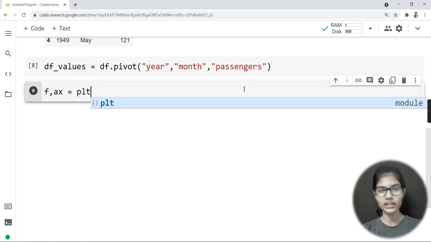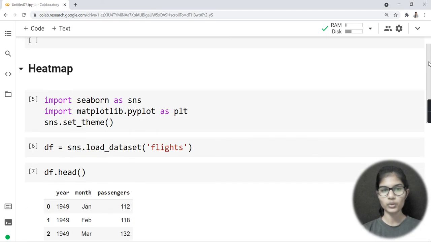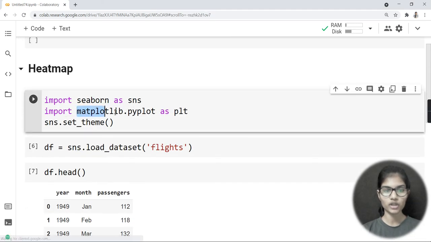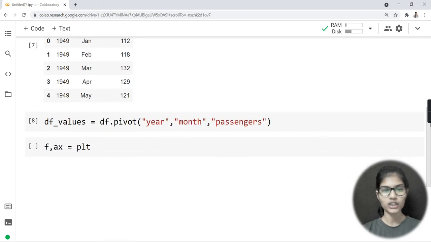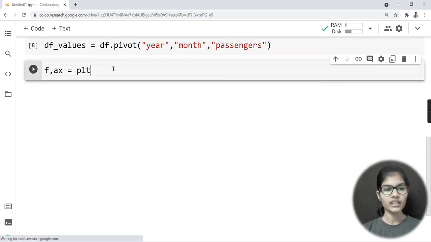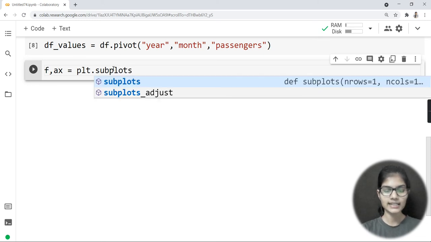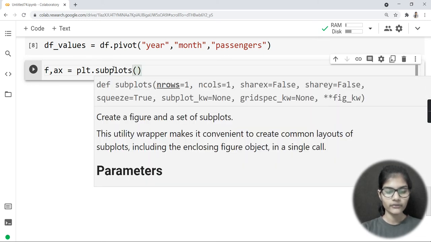And if you haven't listened, right now it's the right time, just listen to me very carefully. Above, I have imported my library that is matplotlib.pyplot. And to this matplotlib.pyplot library, I have given a short form that is PLT. Fine, now you got what PLT actually is. So f comma ax is equal to plt. I would put a dot, and here I would write subplots. Fine. And in the brackets I would be giving the figsize.